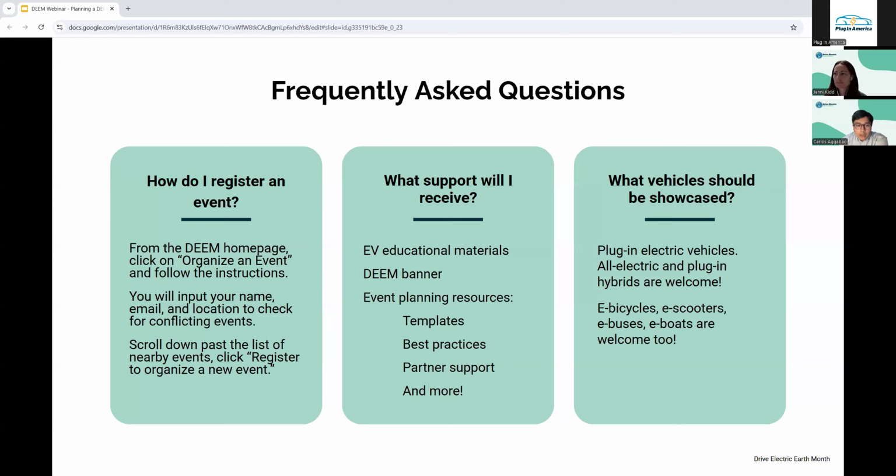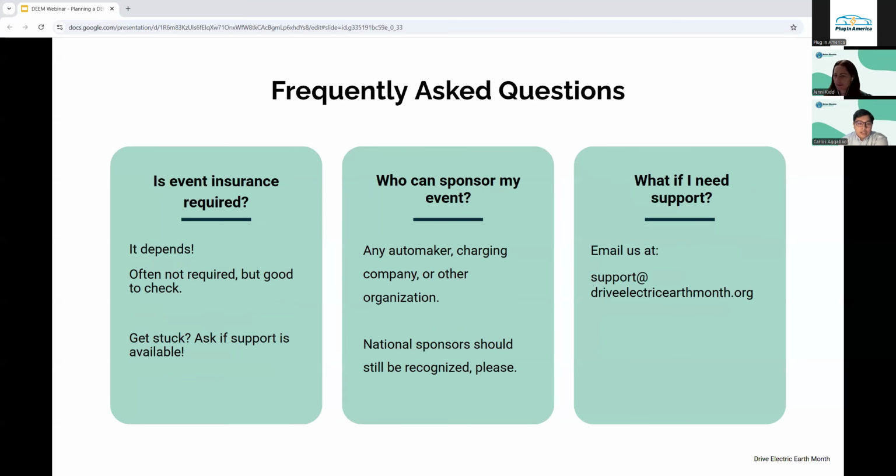And while your event can be virtual or in person, I know if you're planning on doing an EV ride and drive, an EV showcase, an EV rally or parade, and so on, if you are in person and showcasing vehicles, those vehicles should be at least plug-in electric vehicles, and all-electric and plug-in hybrids are welcome for those events. And obviously, for the DEEM campaign, we support multimodal transportation electrification, so we also welcome e-bikes, e-scooters, e-buses, or even e-boats are also very welcome. And if we go to the next slide, so yeah, so those